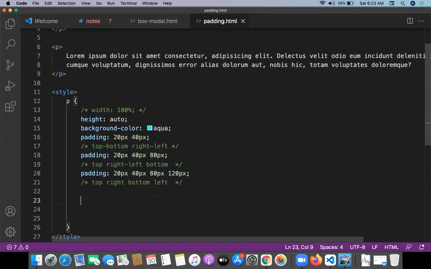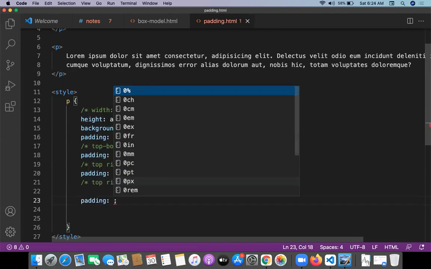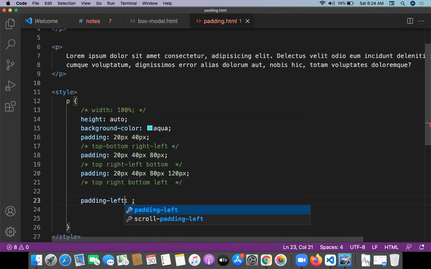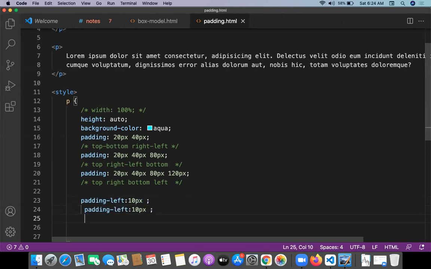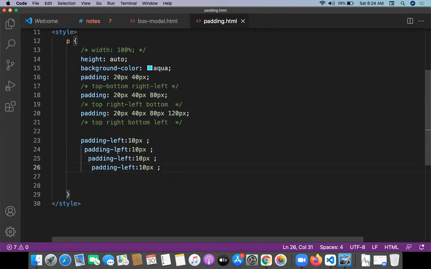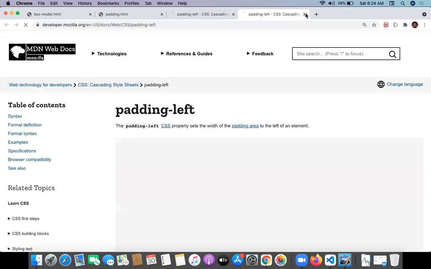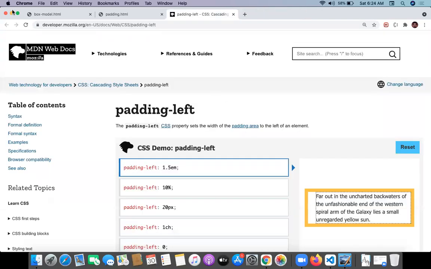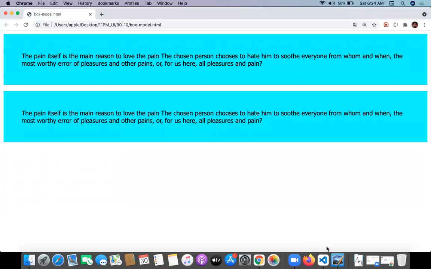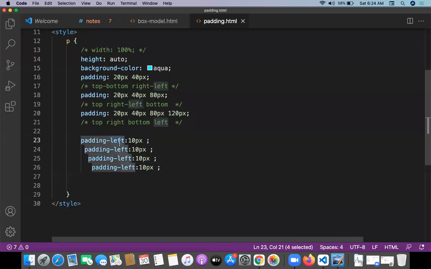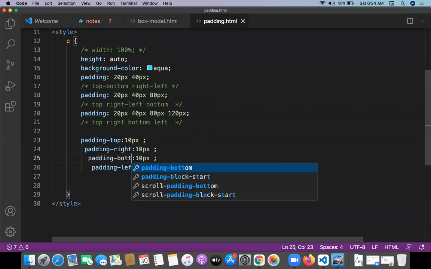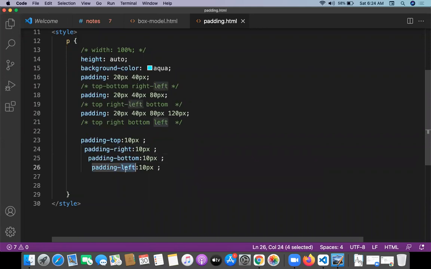Okay, so I don't want to write like this, sir. I want to write padding left separate, padding right separate, padding bottom separate, padding top separate. So the first one is something like padding top, second one is padding right, third one is padding bottom, and last one is padding left.